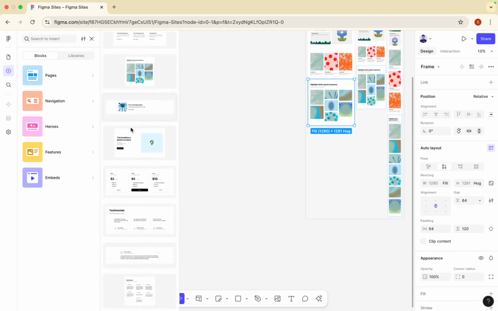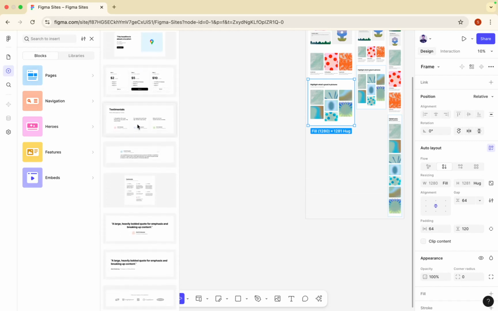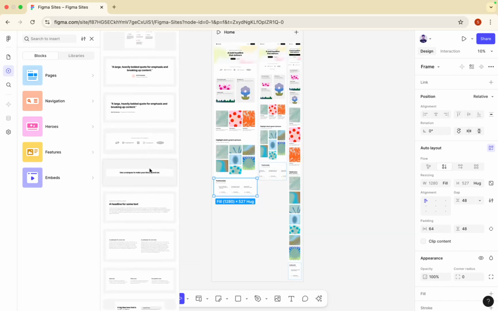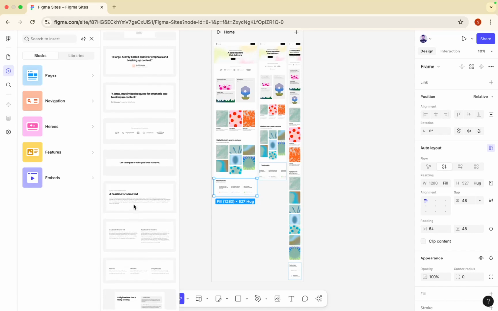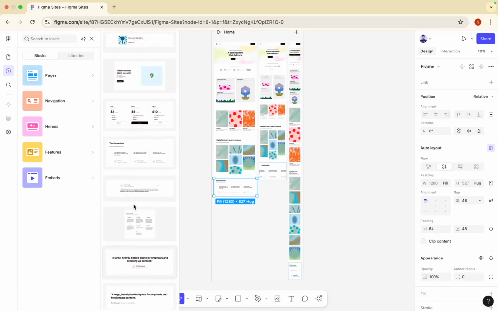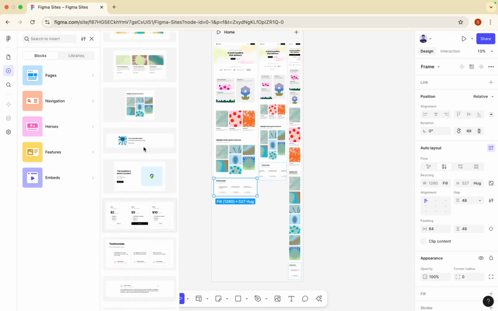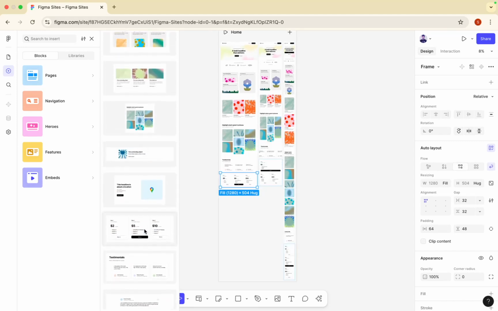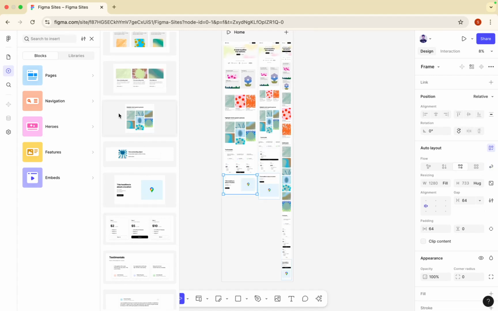So I'm probably going to go with the testimonial. So now it will add those testimonials right at the bottom. Okay, and we just need to add one more CTA section right at the bottom. Now, the pricing is really good, right? So we can just add the pricing section, then we can embed our location section, and now I have to